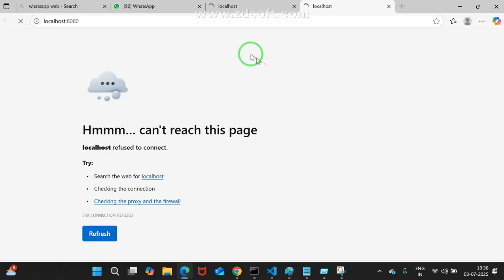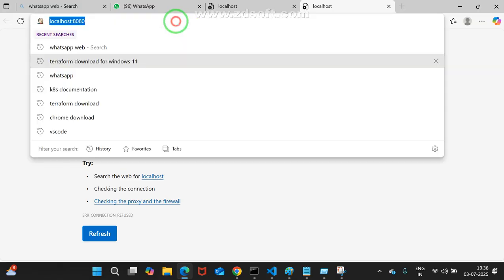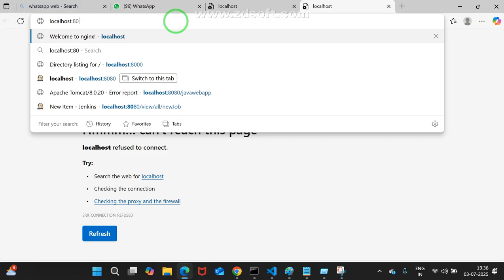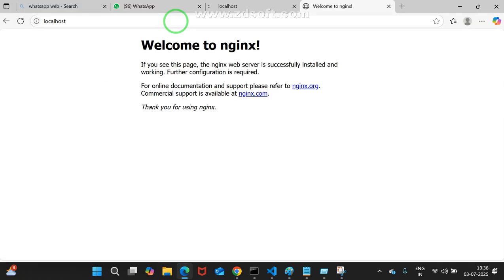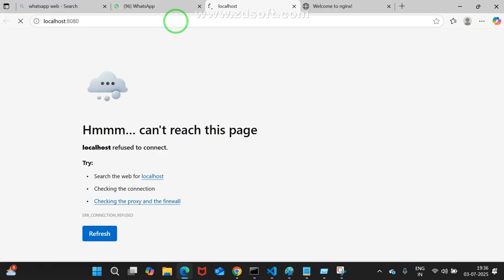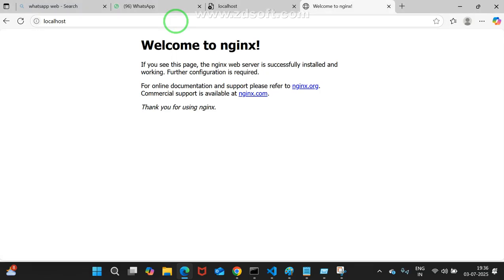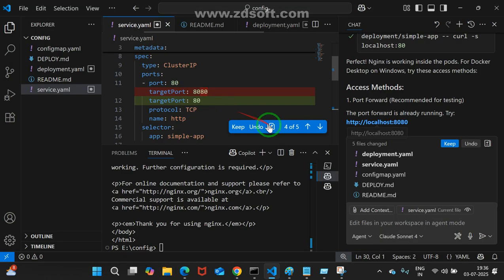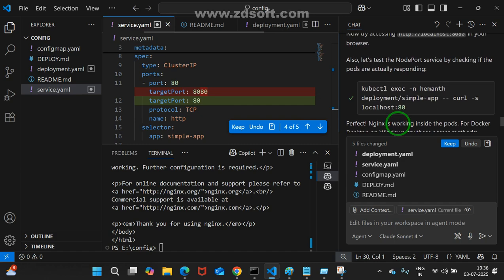Till now, it has not responded. You got it? Because of the default port number, what I said, 80, right? The service port number. Hemant, you got it or not? Yes, sir. Even though Copilot gave a slightly wrong thing here, this is how I recognized it.